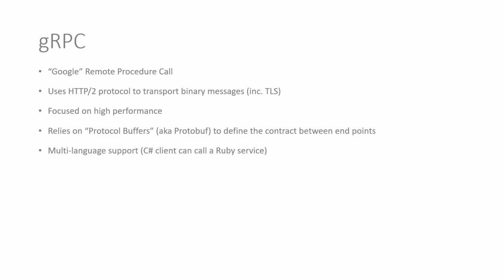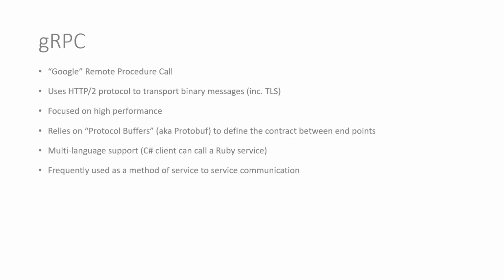It has multi-language support, so a client written in C# can call a service written in Ruby and vice versa. But in today's video, we're of course building our service in C#, and the client, we're just going to use Postman, okay? And we'll use Postman to ingest our protobuf file so it can see the contract that it can use to call our C# service. It's frequently used as a method of service-to-service communication, so you will find it in a